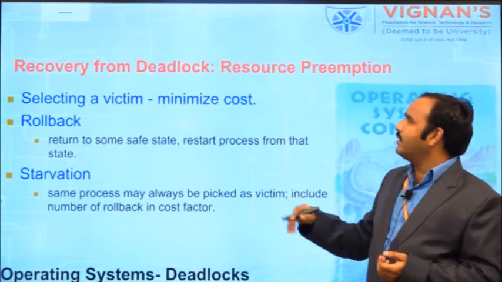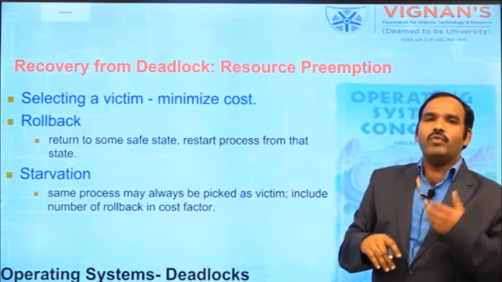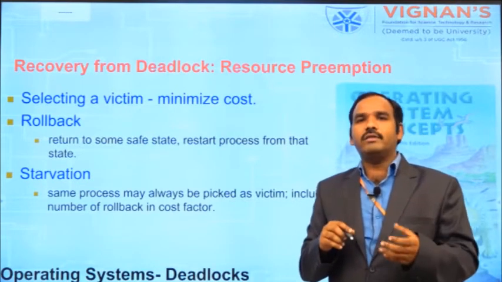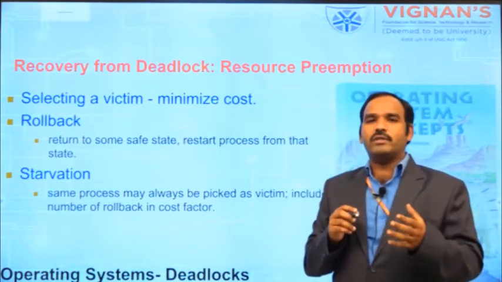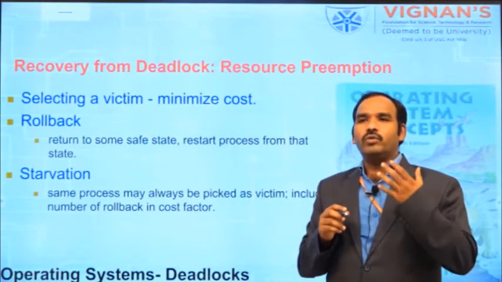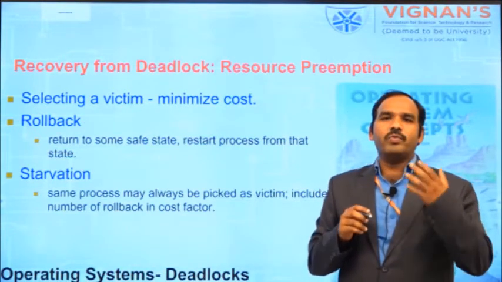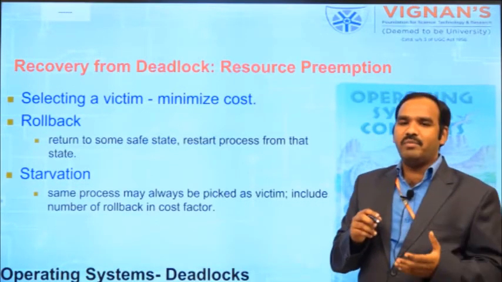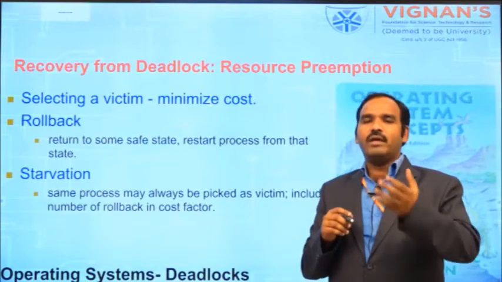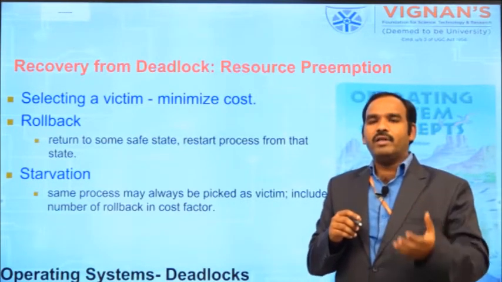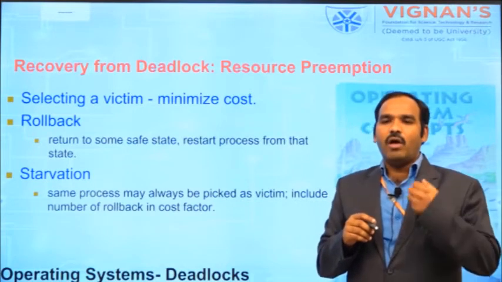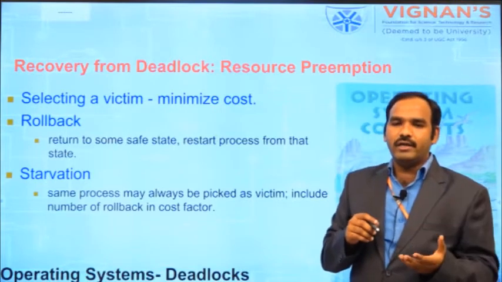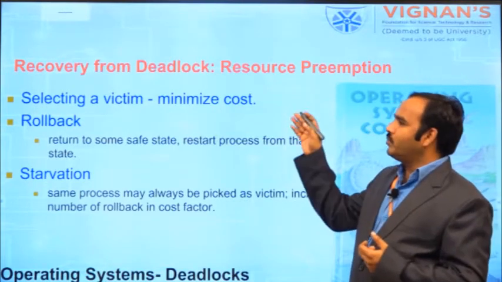And coming to the second method, that is resource preemption. When we are talking about this resource preemption, we have to consider 3 points. One is select the victim process. What is the process you are going to consider to remove the resources or to preempt the resources? So here again you have to take some parameters. First parameter is what is the priority of that process, and whether the process is a batch process, a daemon process, or it is related to a user process, and all those things we have to consider.